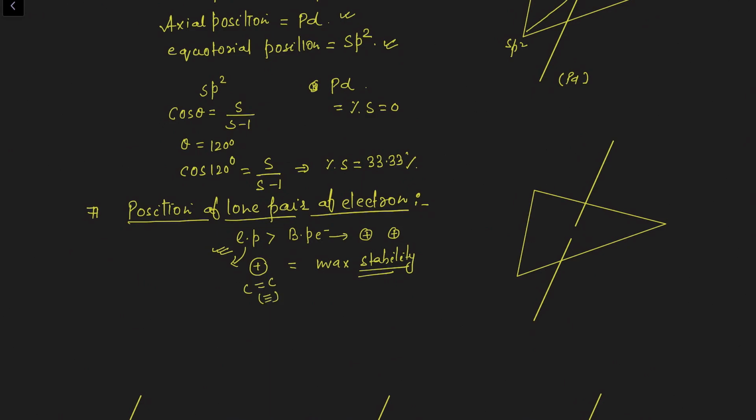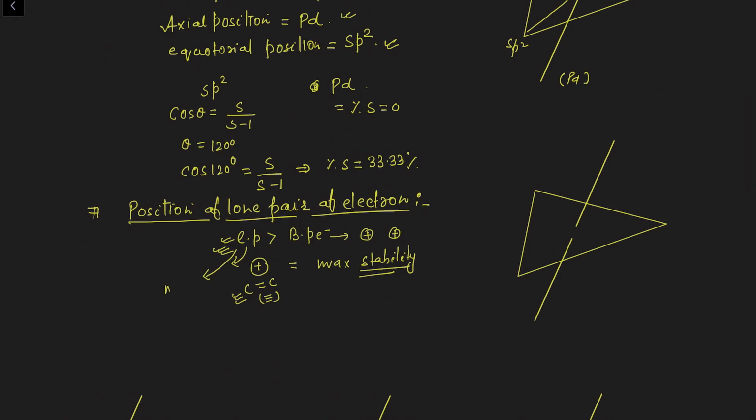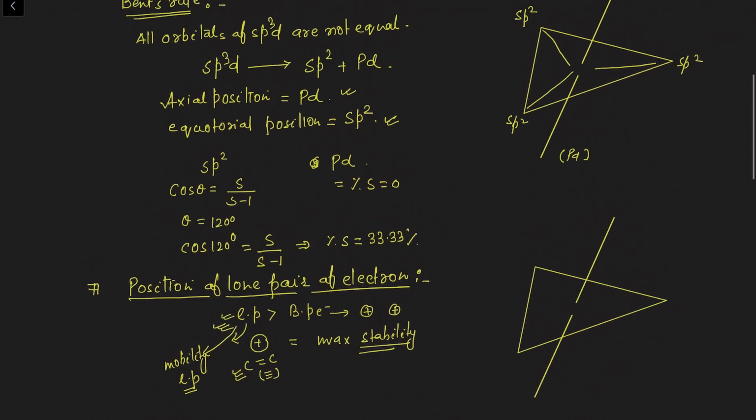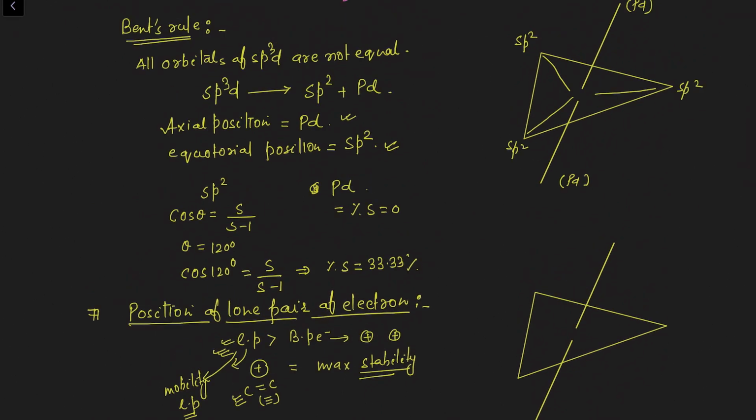If molecules are able to do this, then the molecule will get extra stability. What is the conclusion? If we cease the movement of the lone pair of electrons and multiple bonds, then the molecule will get extra stability. Now the question is who will cease the mobility of the lone pair of electrons? No one will, only one thing can cease the mobility of a lone pair, which is the hybrid orbital. Now check which one has more s character. sp2 has more s character.